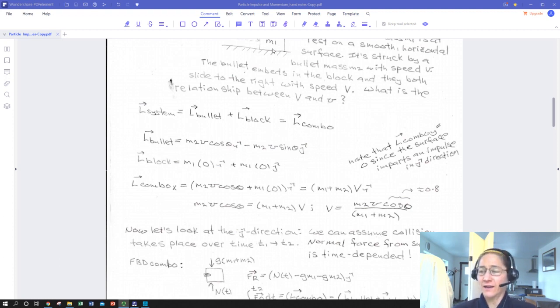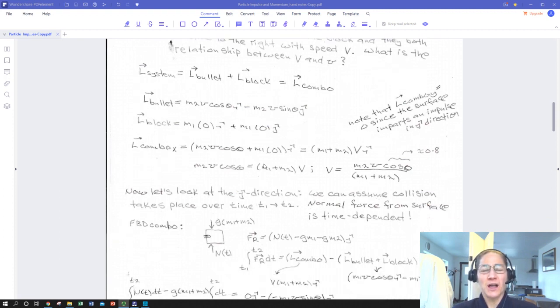The block was just sitting there at first. So in the initial condition, the linear momentum of the block is 0. It's got its mass, but it's got 0 velocity in the i hat direction. It's got 0 velocity in the j hat direction. Okay, the bullet-block combo